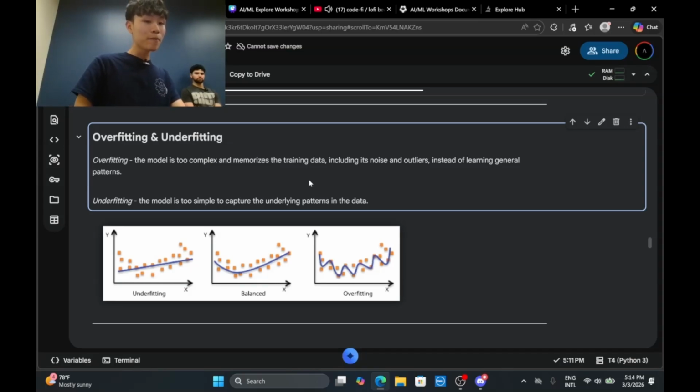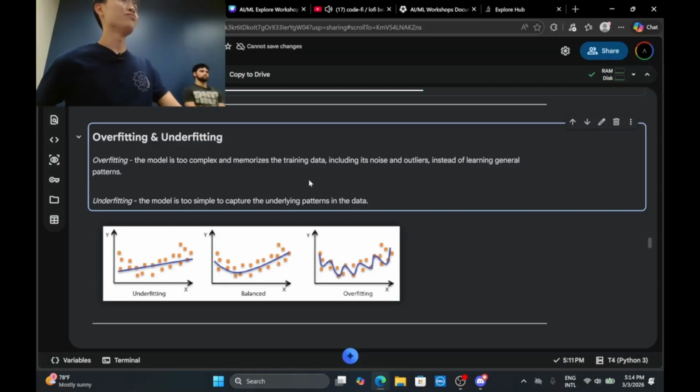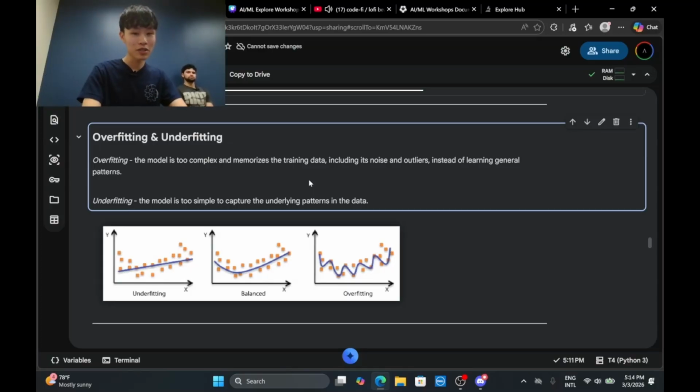What's underfitting? Underfitting is when the model is not learning too much, when it's learning very little. So as you can see in the image right here, the pattern of the data looks like a curve or a banana. Rather than learning the data, it only learns a straight line, rather than adapting to the data.